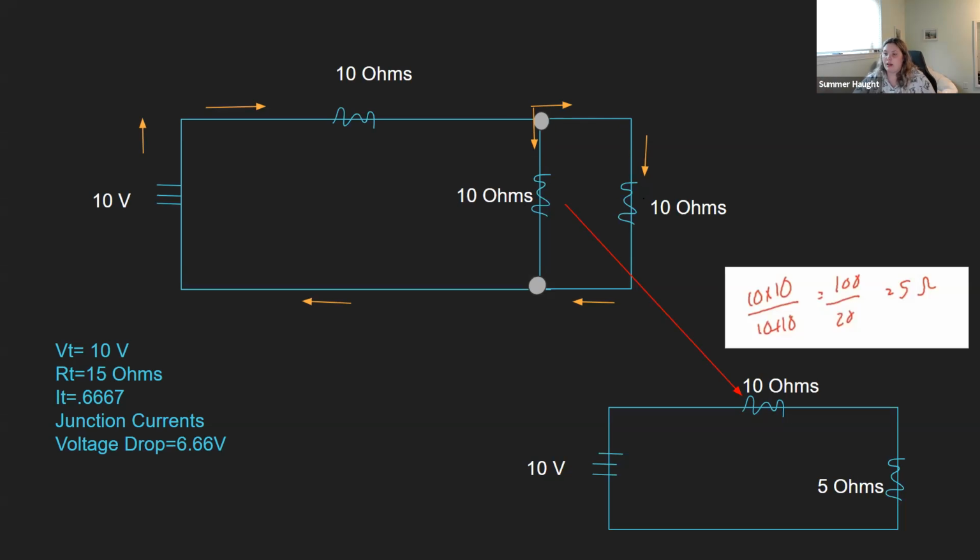There's a couple things that I think are important to note here. And it's the fact that right here, this is not an example of a parallel situation because our electrons are still flowing in one direction. They're still going like this. All the electrons are going like that. This is an example of a parallel situation because when the electrons that are flowing from here stop right here, they split up. Some are going to go this way and some are going to go this way. So that's basically a huge distinguisher